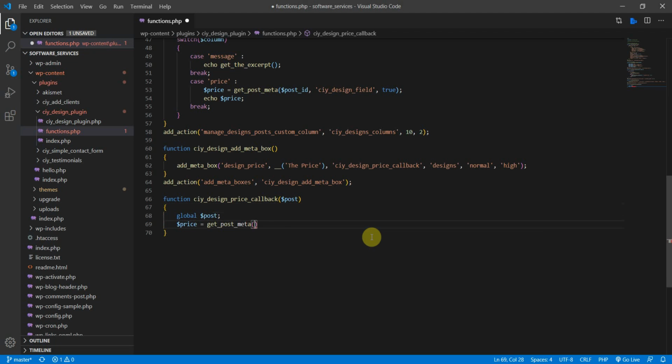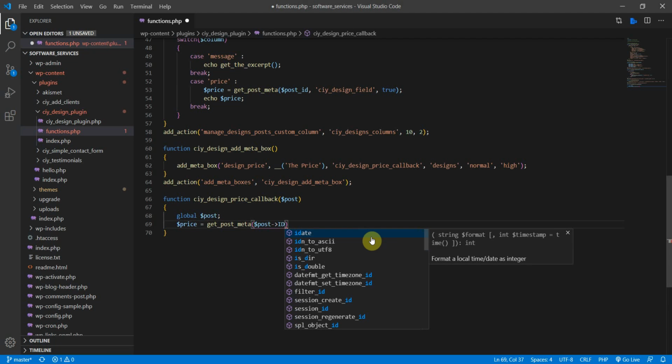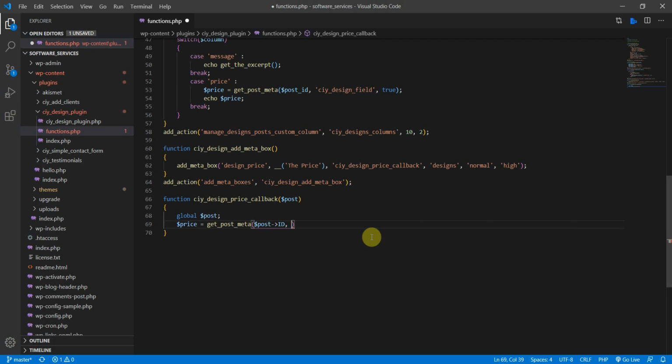All right, and now we need to call the post variable, and in this post variable we need to target the ID, and after that we need this here CLI design field up here, this function there, and let's paste it in, and then also last parameter is true,